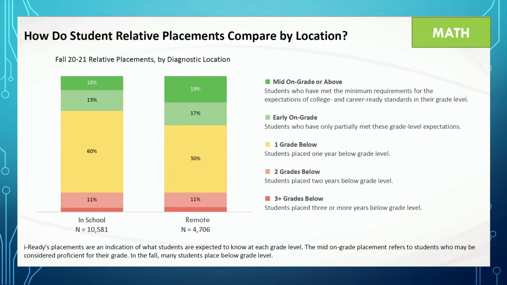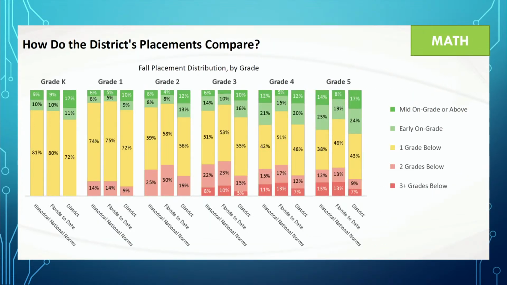The next two slides just show the similar reports that we had for reading, which are also similar results. Not a big difference in math between taking the diagnostic at home versus school. And interestingly, the district data for math compared to state and national, we're still doing better, but it's not good enough for us. When we compare ourselves to ourselves, we're not happy with that.